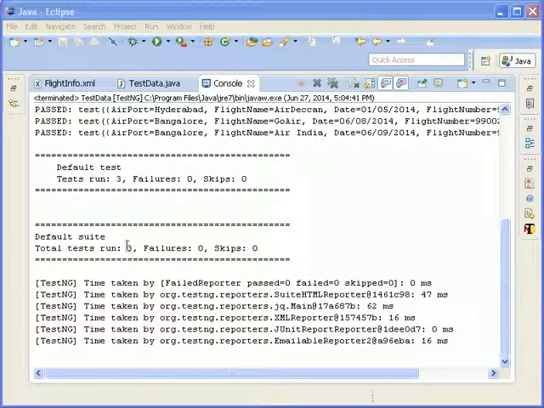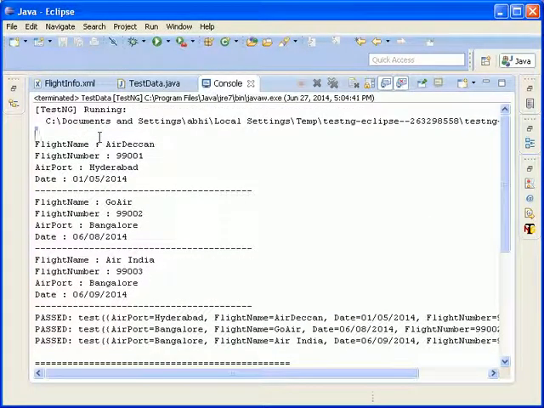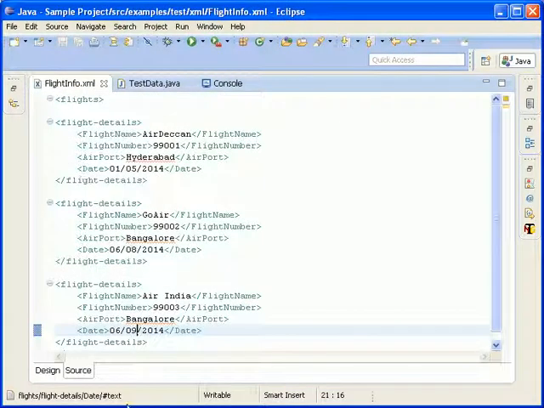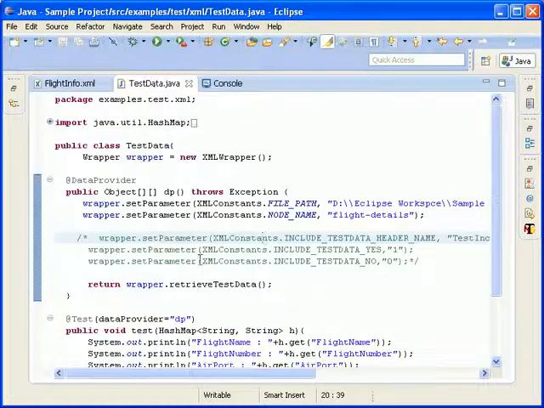Tests run is three, and you can see three sets of test data: Air Deccan, Go Air, and Air India. So you can increase or decrease the test data; the framework is not affected. This is how the API works.